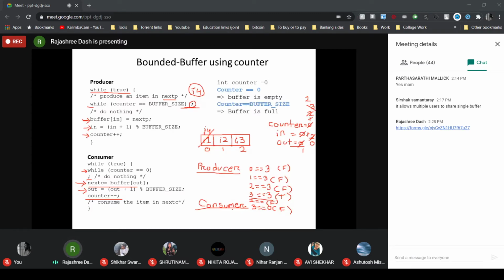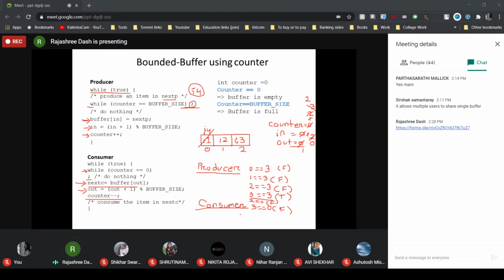It is not that the consumer has stopped. So just check: if one after the other, if first the producer process executes and then the consumer process executes, then there will be no problem of data inconsistency. The producer can simply fill the items into the buffer and the consumer simply consumes the items from the buffer.